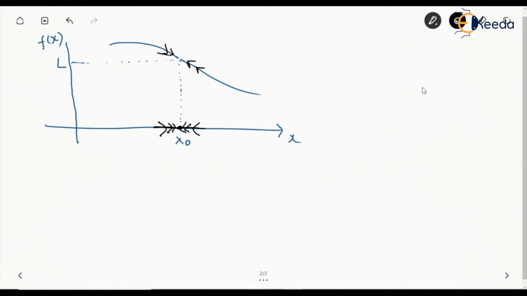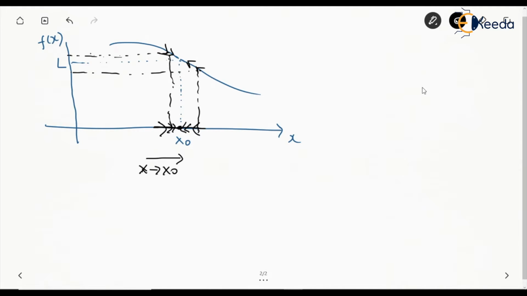So this absolute difference from L, the function's value, or the variable's absolute difference from this x naught, starts reducing, starts getting very, very small. In that case we say that this function is limiting to L when x tends to x naught, and this approach of x to x naught